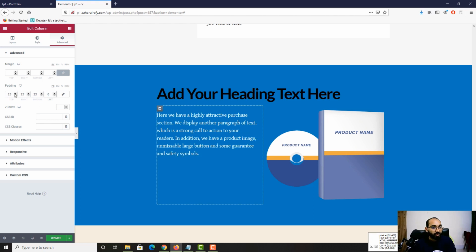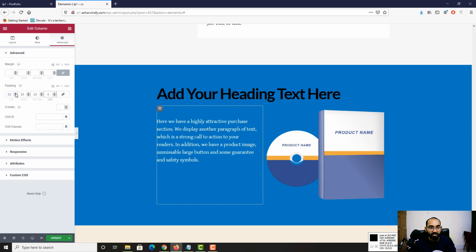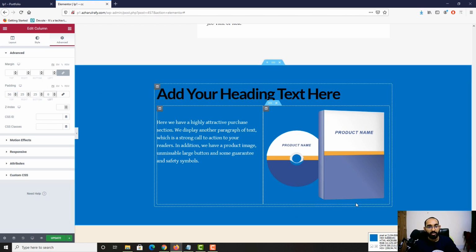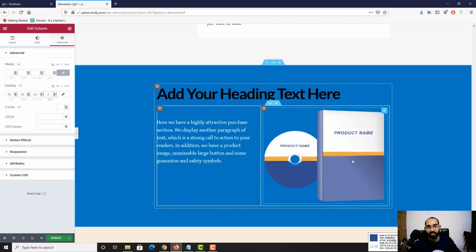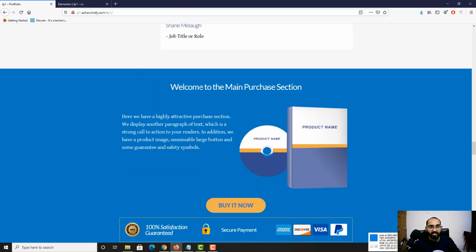Okay, and on top we could actually increase it a little more, and I think it's looking much better, right? So you can increase the image to get more beautiful alignment, or decrease the image, it depends. So I'm going to keep them as there, and let's just get these